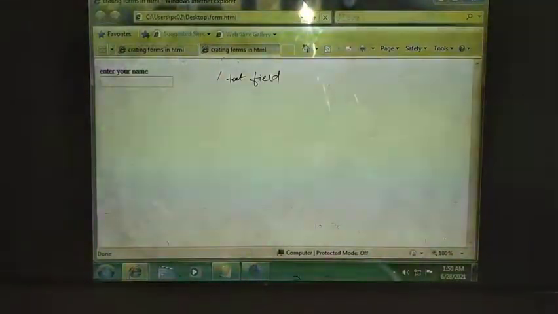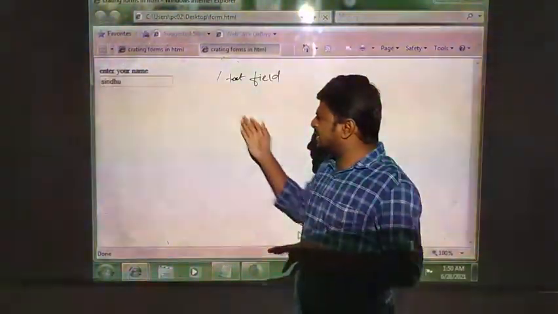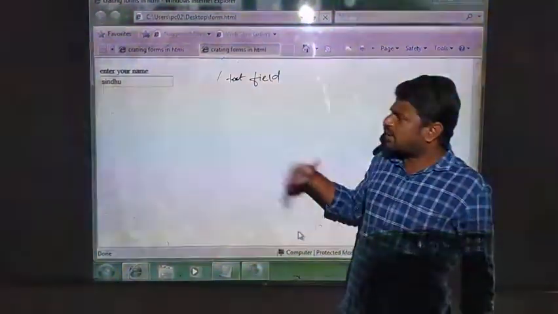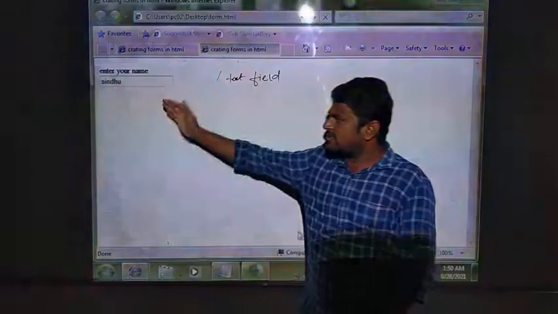So here I need to give some text, right? "Enter your name." You need to give a name here. This is the name I can give here. It will take the name. After creating the complete form, you can give the submit. It will be sent to the server in a real time environment. In general this is for our purpose, just so we can create that. Okay, that's it. I have given the name here.